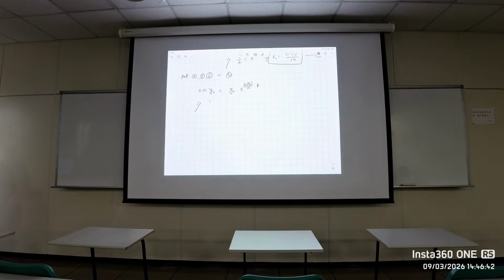To solve this one, it is 1 by 100 is equal to e to the power ln 1 by 2 by 10 into t, and to solve this t,